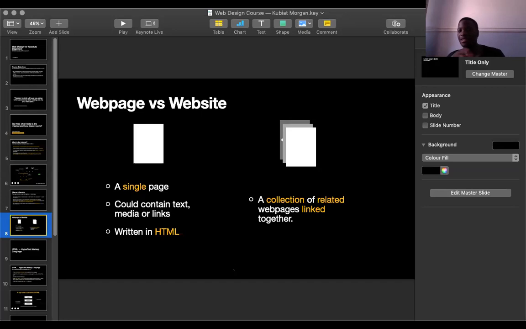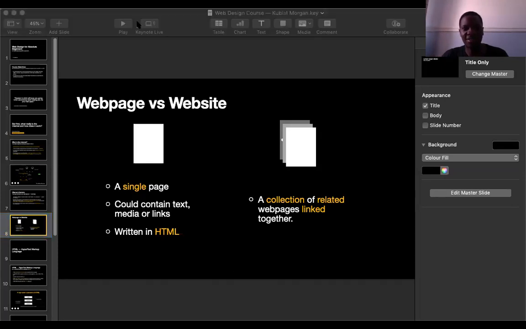Now, I highlighted that. Let's talk about that a bit. I highlighted related because if you have a web page from Google, a web page from Bing.com, a web page from Facebook, a web page from maybe BellaNiger.com, all those web pages combined together is not a website. Now, it could be, because someone could link them together and make them a website. But essentially, a website is a collection of related web pages that are linked together, right?